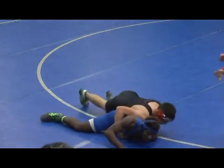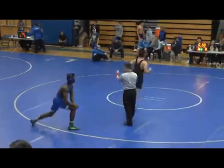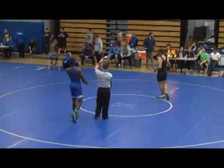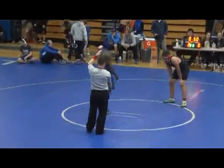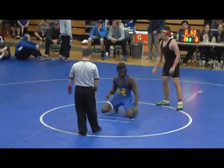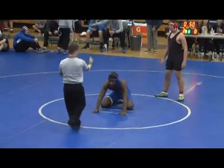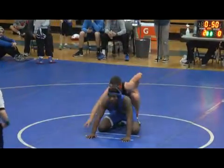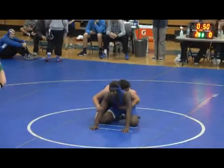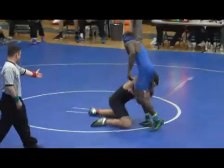Bass out of bounds. Schwartz unable to maintain. Goes back to the center. Still 2-0 with only 50 seconds left. And even if Bass gets called for stalling, that's going to be 1 point. He'll still win 2-1. So Bass could play this right, show a little effort, get hit with the stalling call, and go out of here 2-1. Stands up. Schwartz drops down. Bass